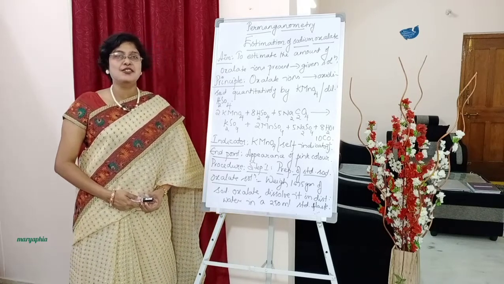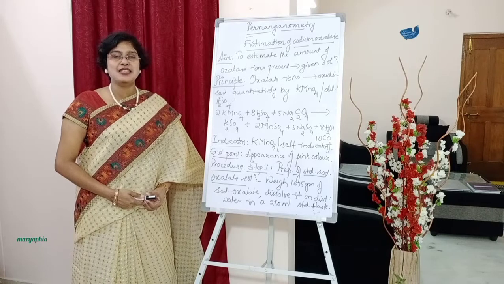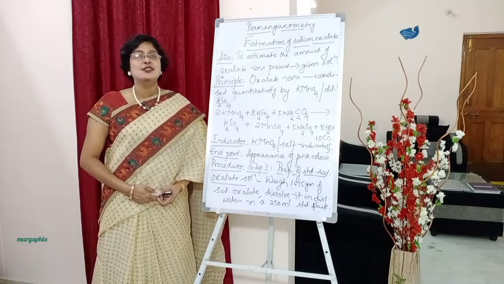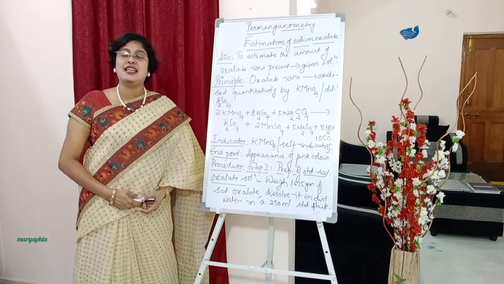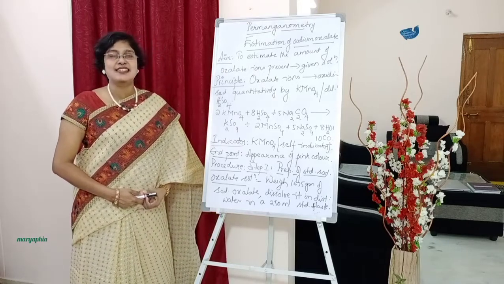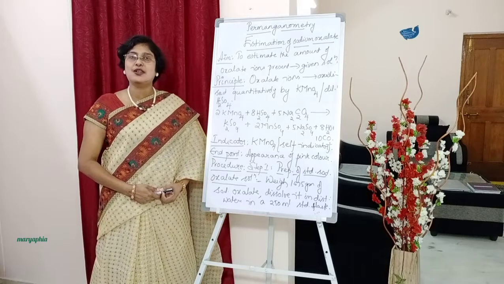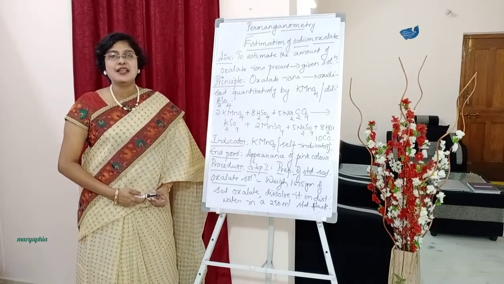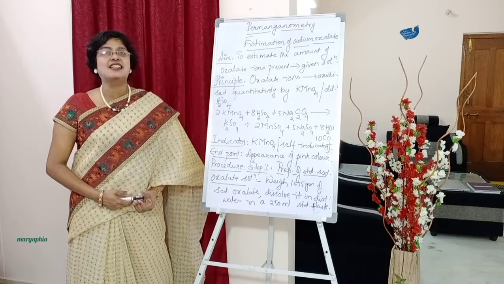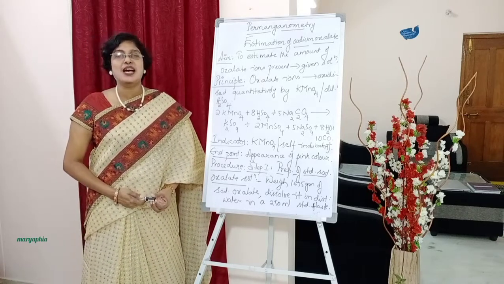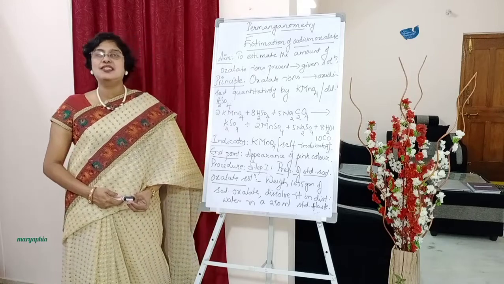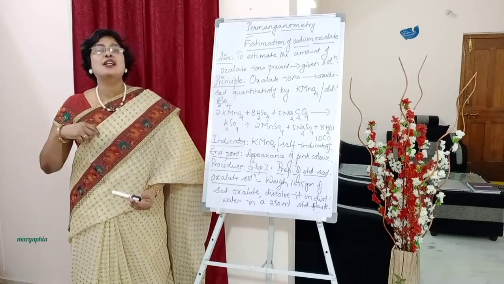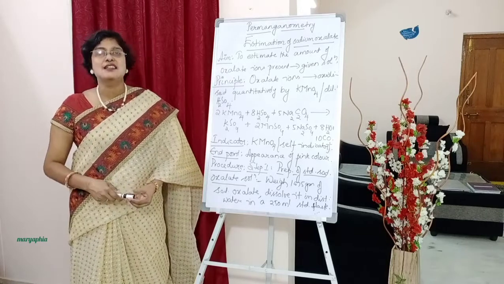So today we are going to do the fourth experiment, students. This is also under redox titrations. The first two experiments we studied under dichrometry, that is estimation of ferrous and estimation of ferric ions. The third experiment was estimation of copper ions under iodometric titration, and this is the fourth one. So this class we are going to learn about the permanganometric titration, which also comes under redox titrations.